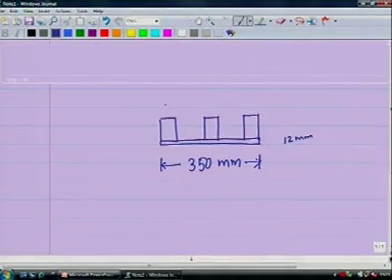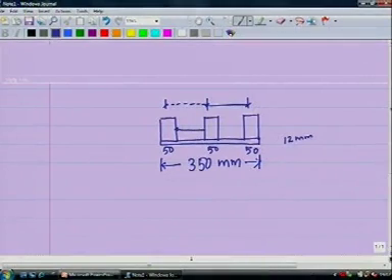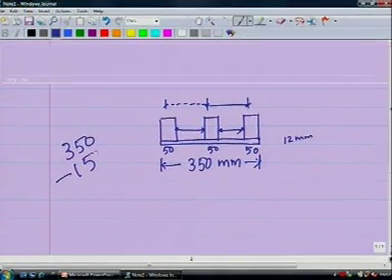So how much is the center to center distance we are using? Can you find out this? This is 50, this is 50, and this is also 50. So what is the clear distance available? Out of 350, 150 gone, so you are left with 200.